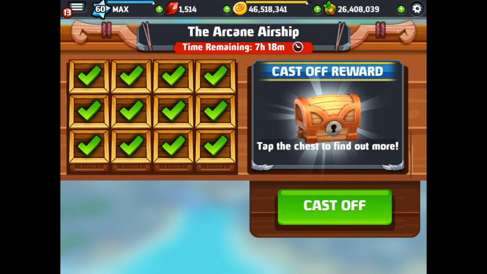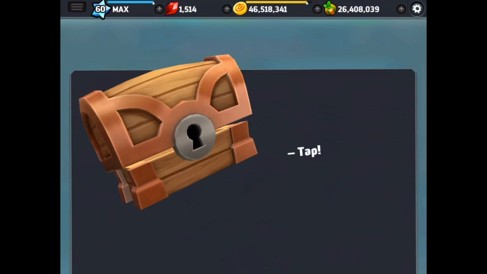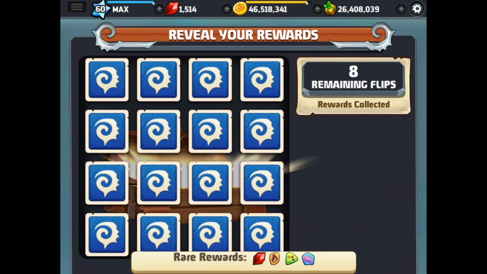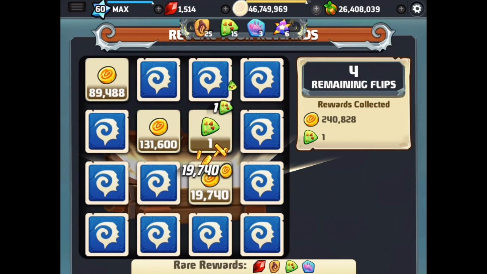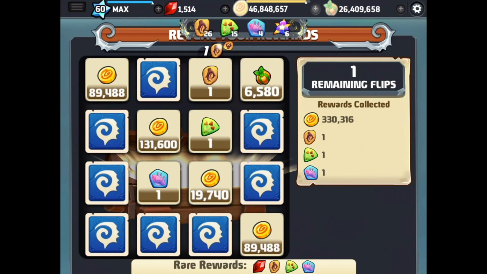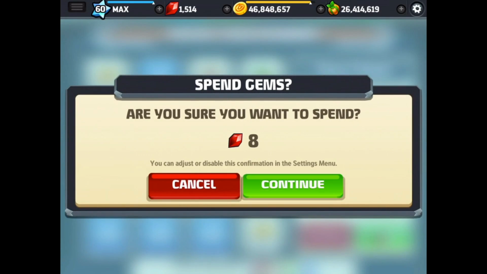So let's go cast off the airship. And we'll tap on our chest to open it. And here's our 16 tiles, and we can select 8 tiles. And then if we want, after we've selected our 8 tiles, we can open the other ones for 8 gems. So it's basically a gem per tile. So let's go open up the rest of these